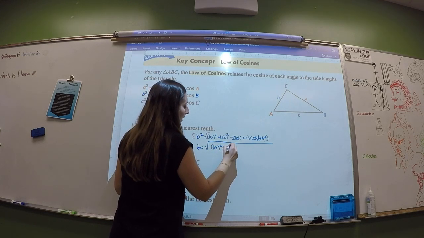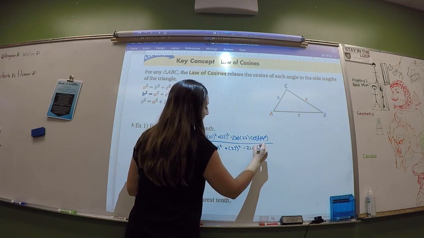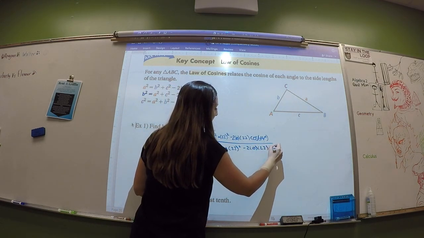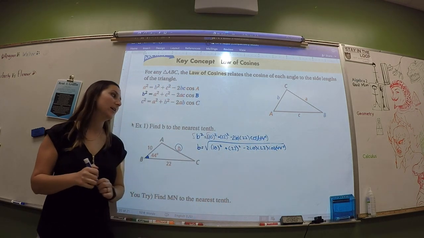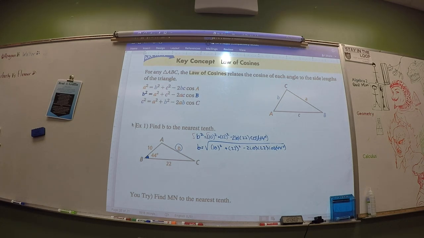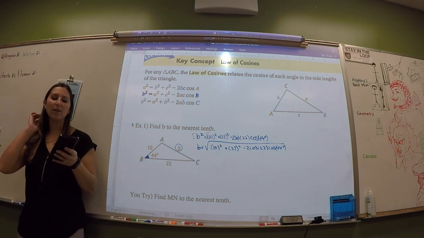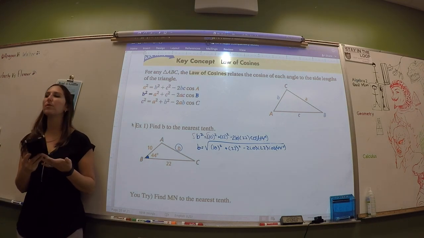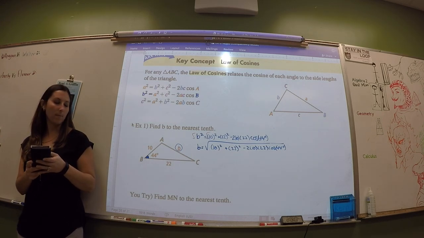Now, if you're using like the TI Inspire, this can all be done in one step. If you're not using the TI Inspire, it's probably possible to do it in one step, it just might be a little bit harder. You should be able to do it in one step on that calculator. You just have to use a lot of parentheses, and I have to use less. So square root 10 squared plus 22 squared